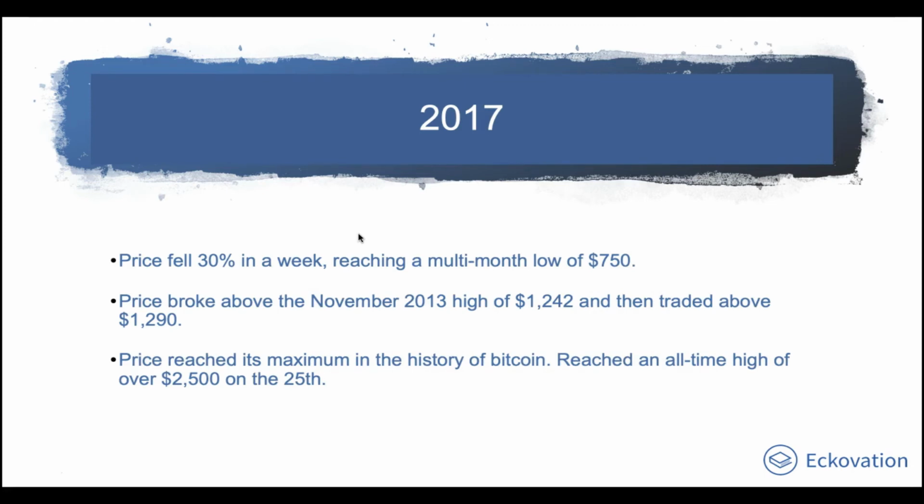In 2017, after every pump, there is always a low. Whenever there's a price pump in Bitcoin, we should always expect a price drop as well. The price fell by 30%. Then it again went up to almost 1300 US dollars in November 2017, and it reached its maximum in 2017 at $2,500 for one Bitcoin. Imagine, it is not backed by any gold, any government. It is completely based on demand and supply, on consensus between buyer and seller, and on speculation to a certain extent.